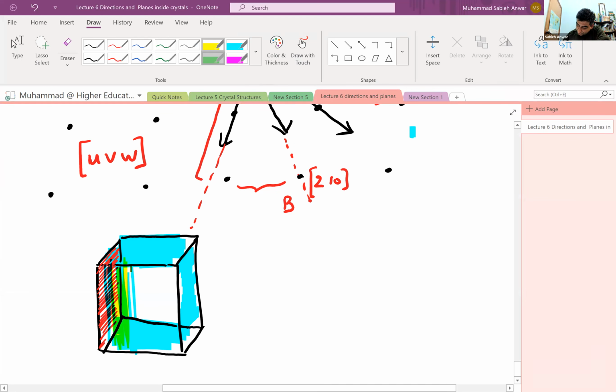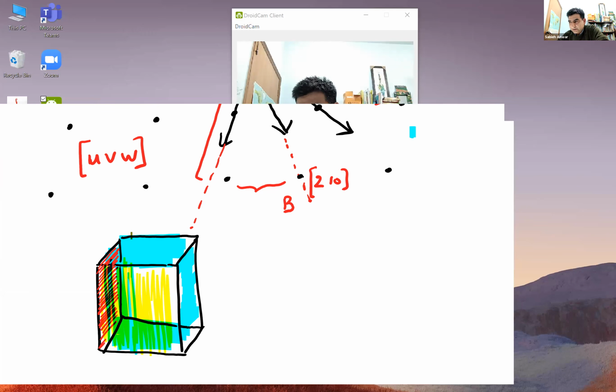So it's also going to be equivalent to the plane that I've drawn here. So all the six faces of this cube are equivalent. Therefore, the planes,